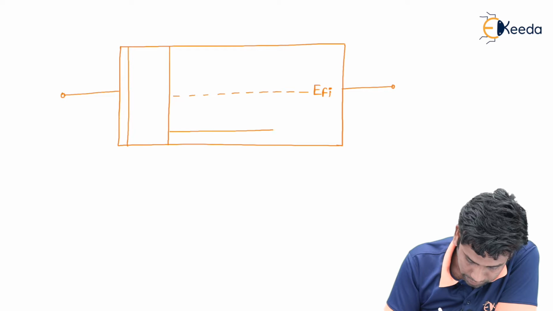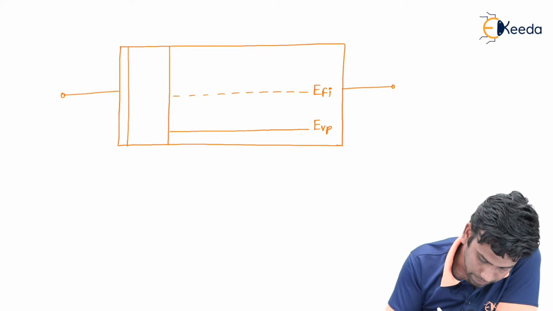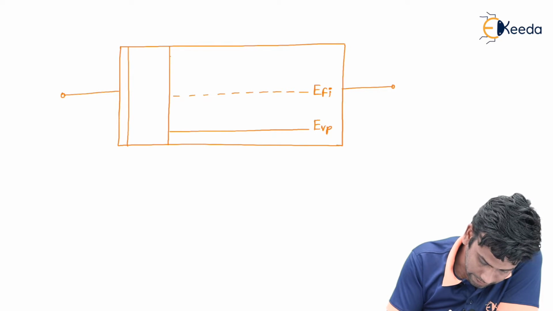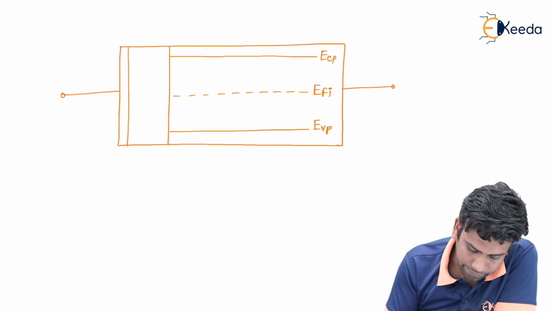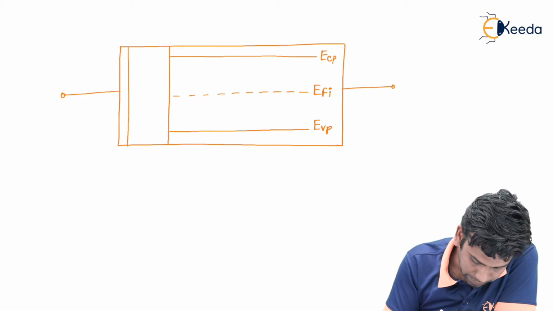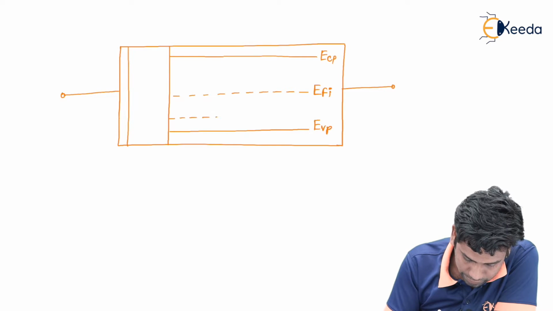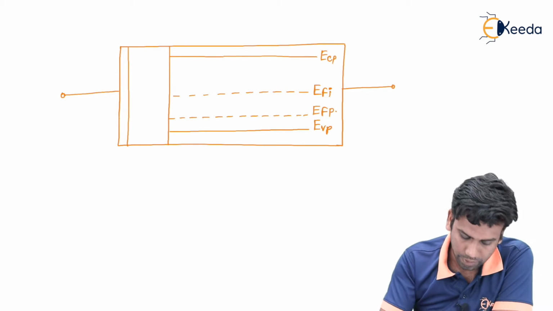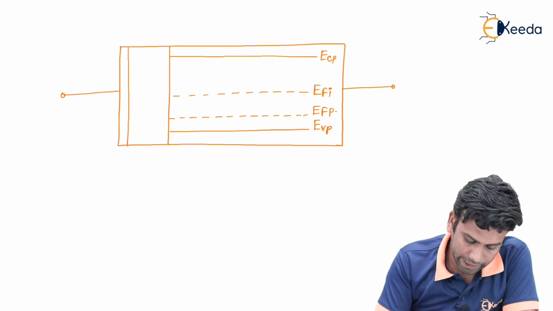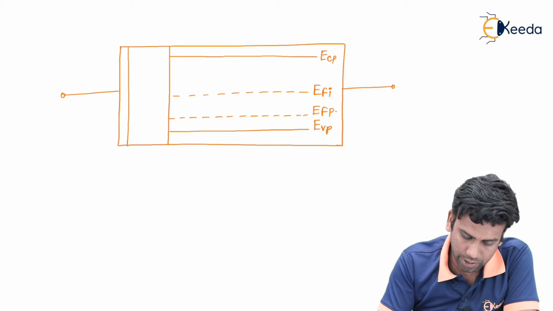So this is the valence band of the p-type, and at the same distance from the EFI we will have the conduction band of the p-type, and the Fermi level of the p-type will be near to the valence band. So this is the EFP. So this was the band diagram before the application of the